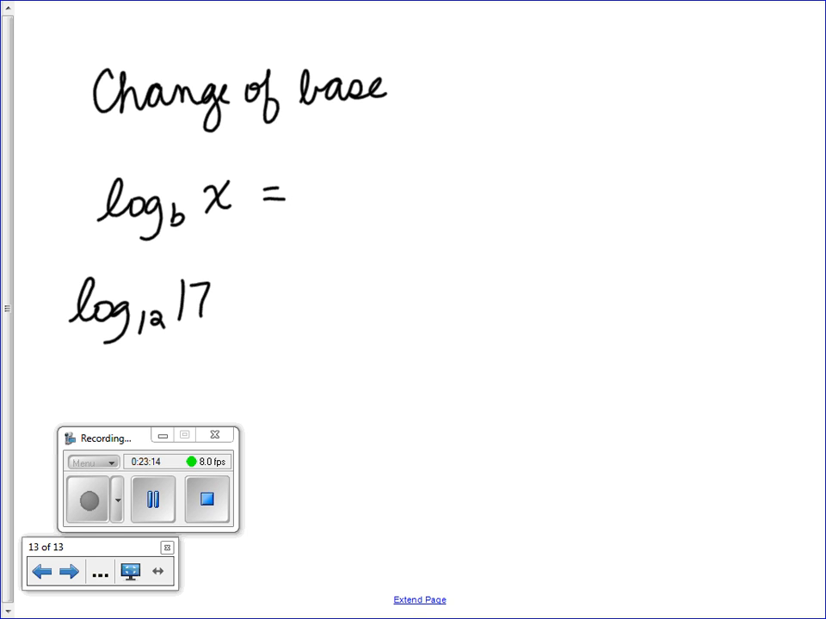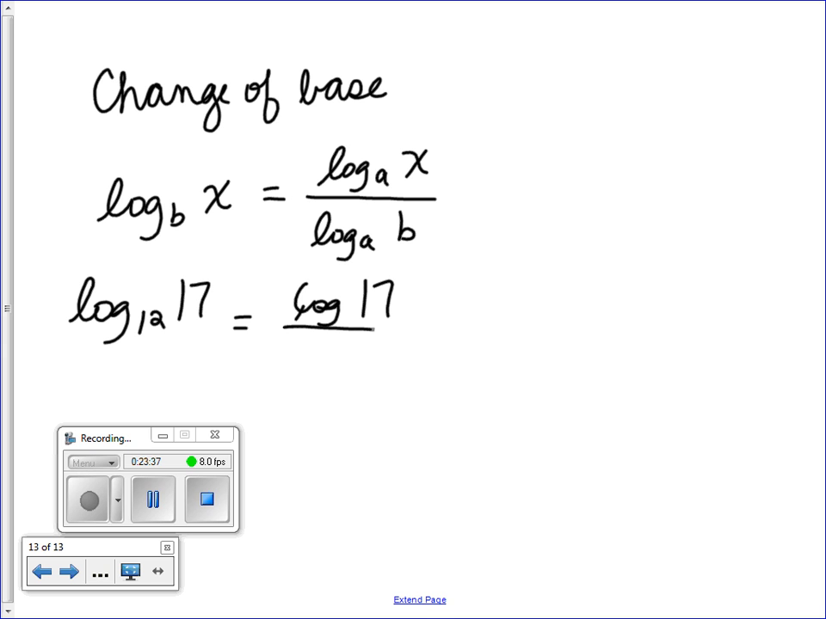any base and get that same answer. You get to choose the base. So you could do log base 10, which your calculator will do, the common log of 17 over the log of 12, and it would give you whatever log base 12 of 17 is. Or you could say the natural log of 17 divided by the natural log of 12, because natural log also works, and it will give you